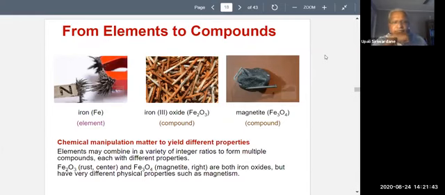One of the things we do is use chemistry to manipulate matter to give different properties. For example, if you take iron, Fe, it is